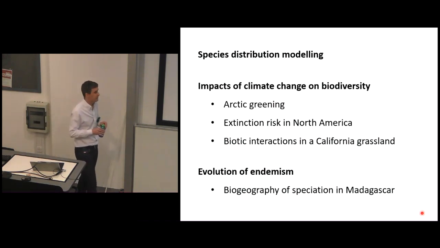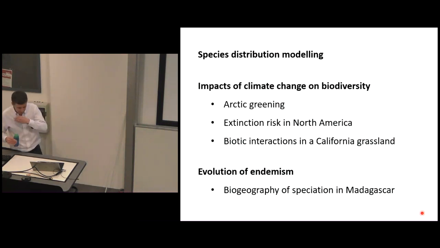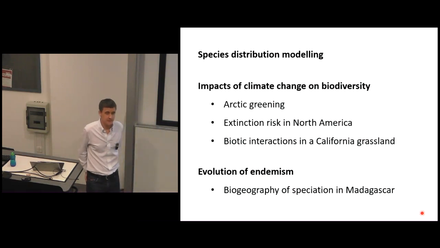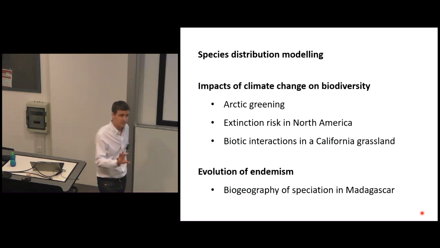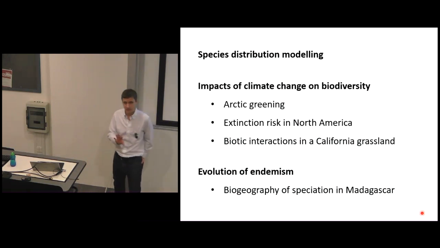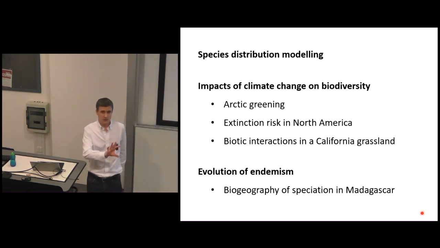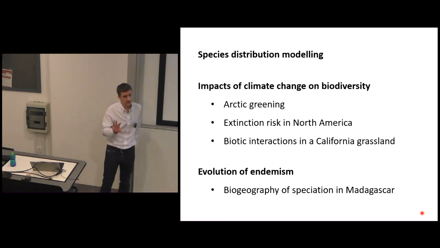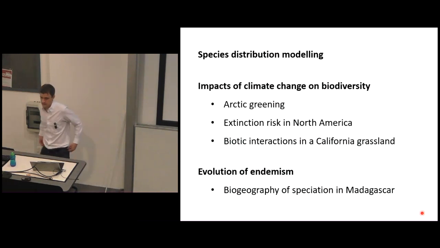Right, I want to finish up by looking at one of my other main areas of interest, Madagascar. This is work that I really initiated when I moved to the American Museum of Natural History back in 2005. I finished my PhD, which was focused on distribution modeling, extinction risk, and plants in Europe, so the kind of stuff that I've been talking about so far, and then took the rather bold move, not just of moving to New York, but of working in quite a different field. What I want to show you is why some of these techniques, looking at niches, have been useful in thinking about endemism and the evolution of endemism.